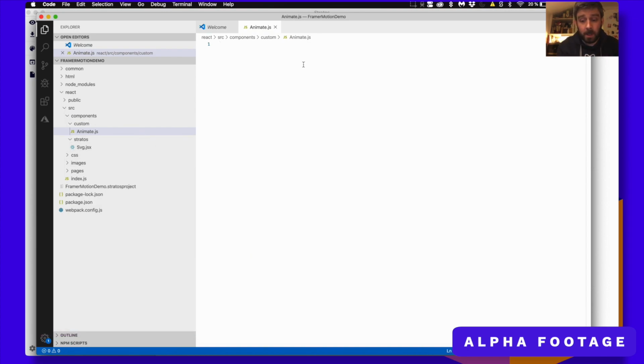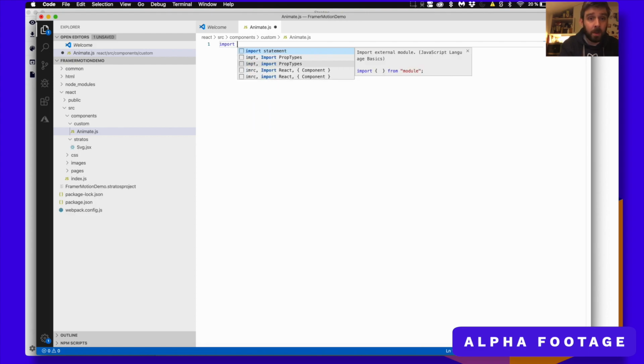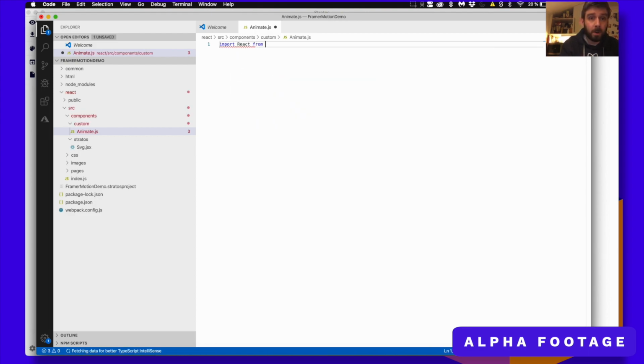And then, as with any component, we import React from React. We also want to, we can do this const animation